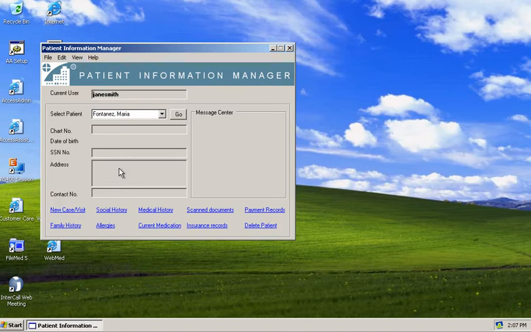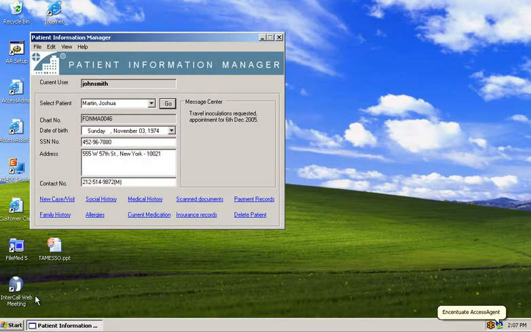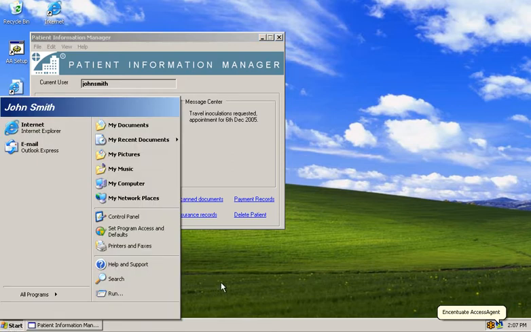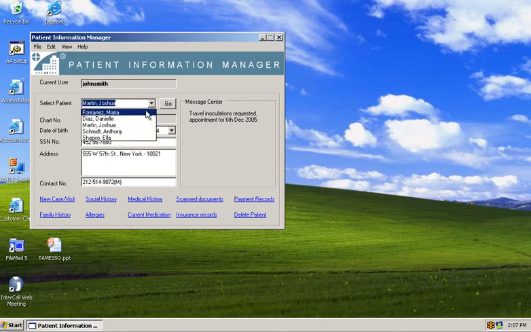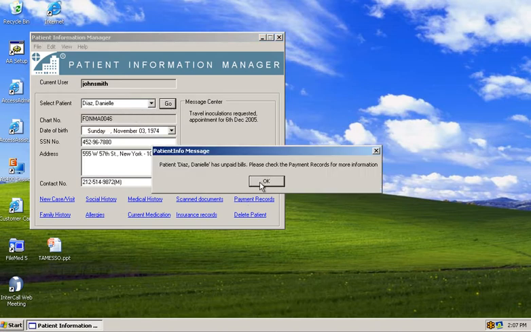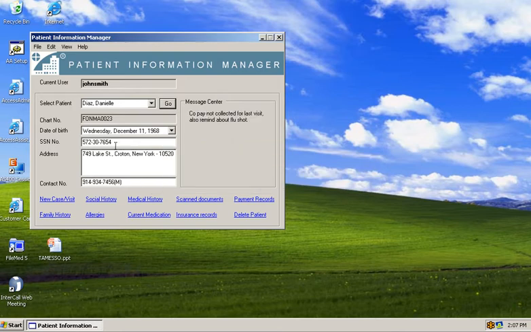Let's go back to John. So here as you can see, we are back to John with super fast switching, and John looks at information for Martin Joshua. He also is interested in this. Let's say that this is a celebrity, Danielle Diaz. He wants to get the social security number for her. Okay, I got it here. Very good. I'm going to close this, and